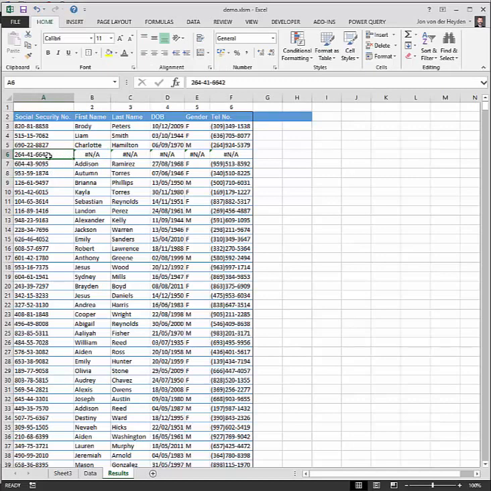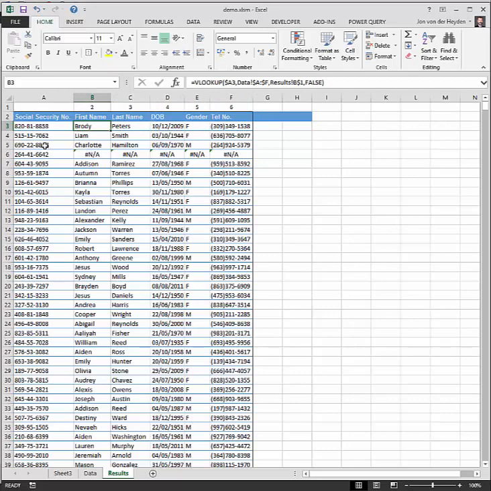264416642, that's the social security number kept in A6, it will have scanned 100,000 social security numbers in order to be able to determine, hey, the social security number is not in this table. So that's the first observation. That's a linear search. The second observation is that we have a VLOOKUP in column B, C, D, E, and